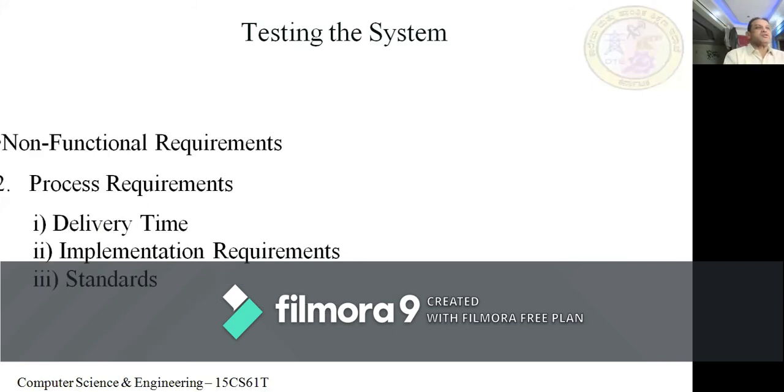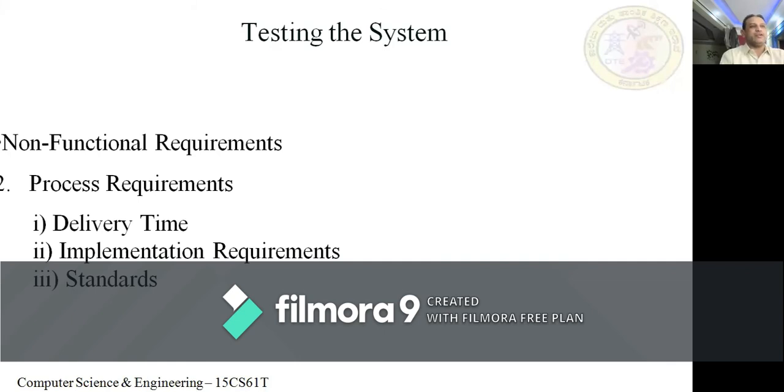Next, the second non-functional requirement is process requirement. In the process requirement, again, there are 3 types. Delivery time: how much time you require to deliver the particular product, the schedule. You may take 3 months to develop the software or 4 months. For example, you are placing an order online, you want to get a particular item. It will show the item will be delivered in 3 days or 5 days.